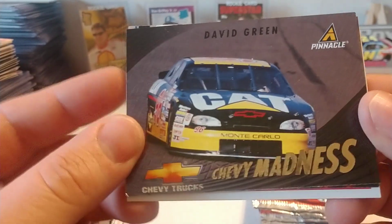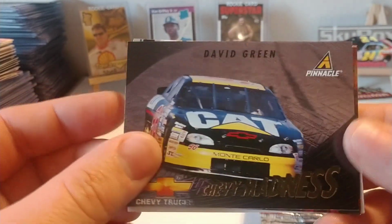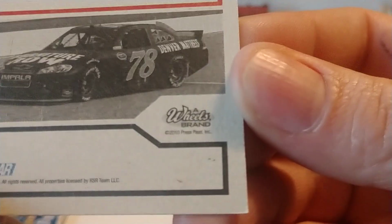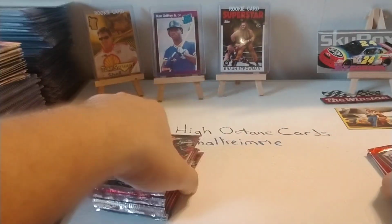I've got a lot of these cards, these Pinnacle. Sometimes it's Action Pack, sometimes it's Pinnacle. It's just the Chevy Madness insert set. Then we have an Ignite card of Mark Martin and an Element card of Regan Smith. I think this is 2011. Can't read it there. There we go. 2012 maybe? Yeah. Nonetheless, so let's go ahead and start cracking these packs of